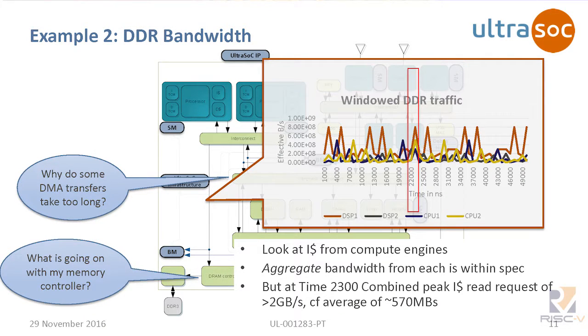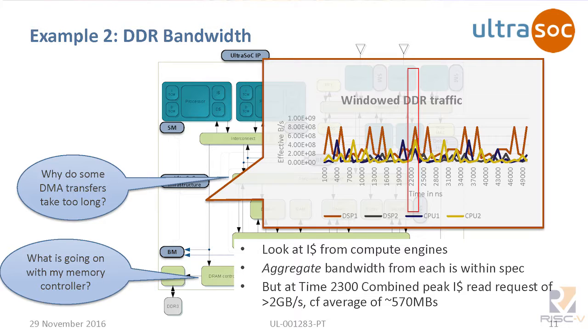This is using the same bus monitor, but this time we're going to look at iCache misses from four of the processors. I'm telling the bus monitor to look for iCache misses from these processors, from the iCache ports. Of course, I'm using iCache because you guys know if you miss, you stall, which means you lose performance. On a long window, in a big window of time, the total iCache miss rate is about 600 megabytes. But I'm telling that bus monitor to look at iCache misses in a window of time. And as you'll see, that